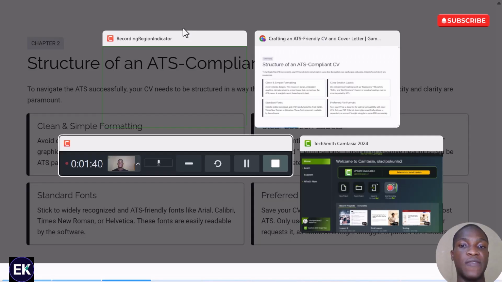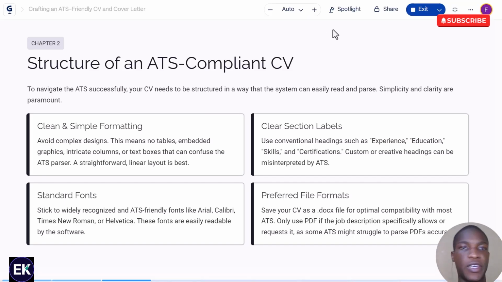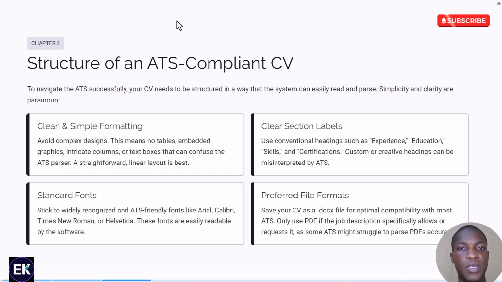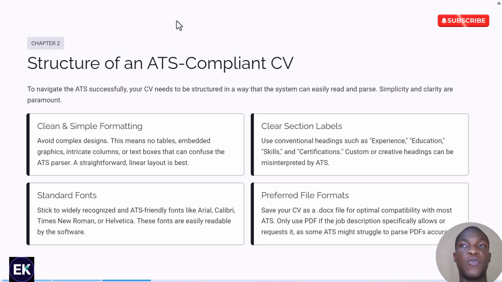Your CV should be readable and very easy to scan through. So the format of your CV is very important. It must be in a format that will be readable. Number one, it should be clean and simple formatting. Avoid complex design, like people who use Canva to design their CV. Don't insert tables in your CV, don't embed graphics like pictures, intricate columns, or text boxes, that can confuse the ATS